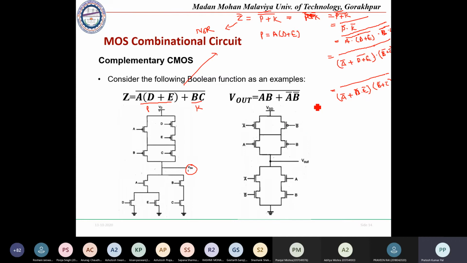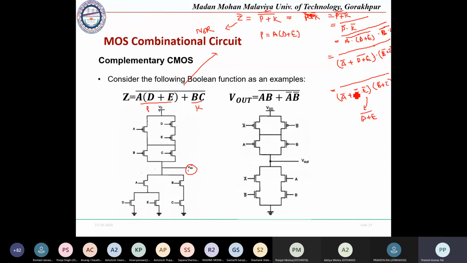So from there also we can proceed for the design, or we can just have the analysis like this. The bar could be coming out with this one, so only this term will be there, so we'll be implementing this term. So to implement this, we will be starting from scratch. Okay, so here this is D and E. Okay, in the form of this, it is like D plus E to be this. So this could be implemented in the form of a NOR gate. So these two will be in parallel form.